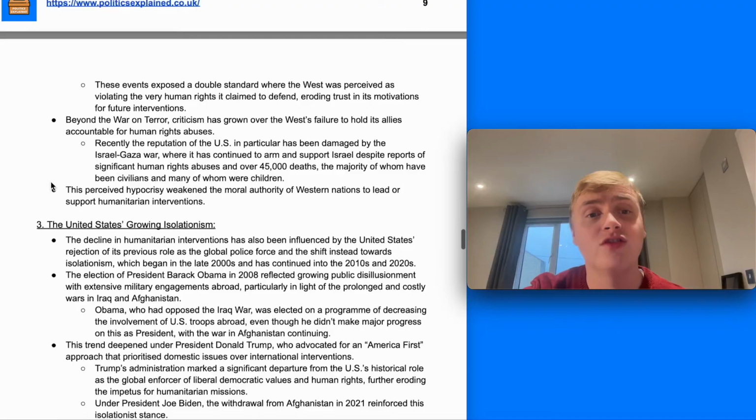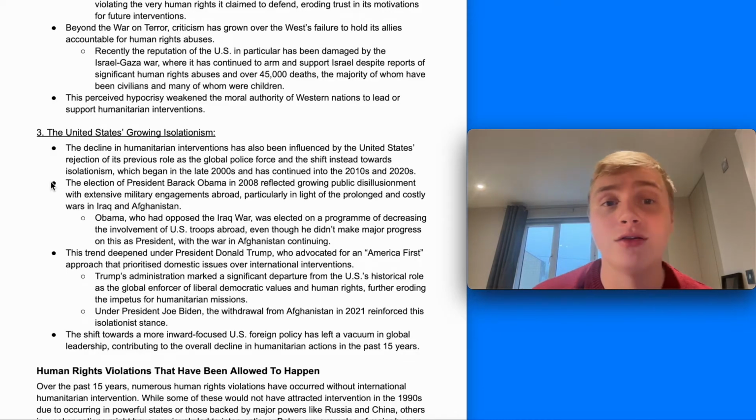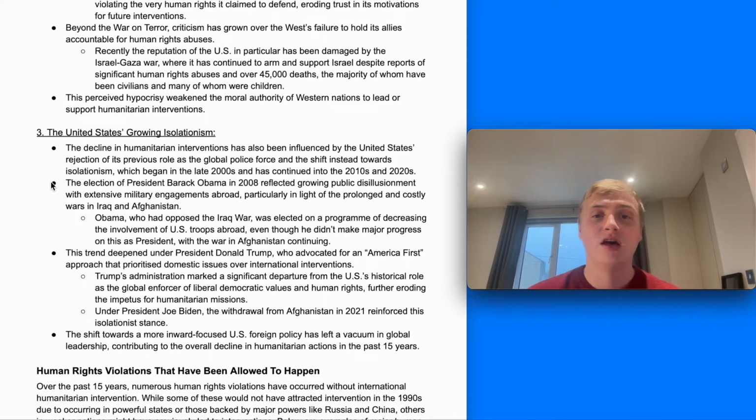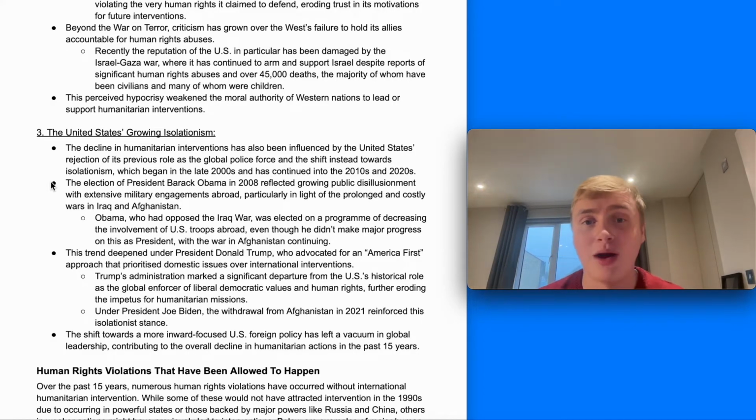Beyond the war on terror, criticism has grown over the West's failure to hold its allies accountable for recent human rights abuses as well. For example, the reputation of the US has been damaged by the Israel-Gaza war, where it's continued to arm and support Israel despite reports of significant human rights abuses and over 45,000 deaths in the last couple of years, the majority of whom have been civilians and many of whom were children. This has really weakened the moral authority of Western nations, and the US in particular, to lead